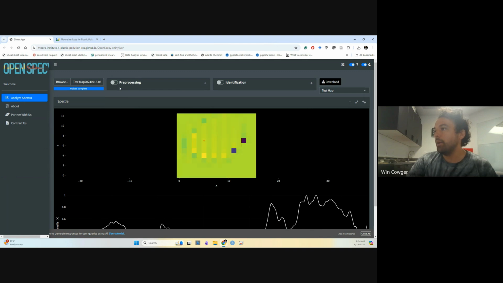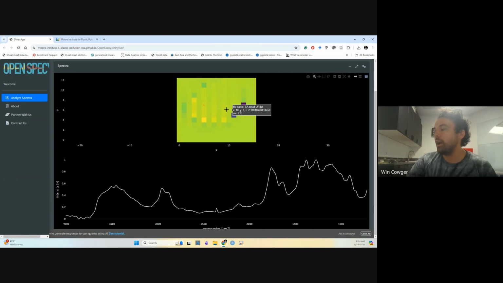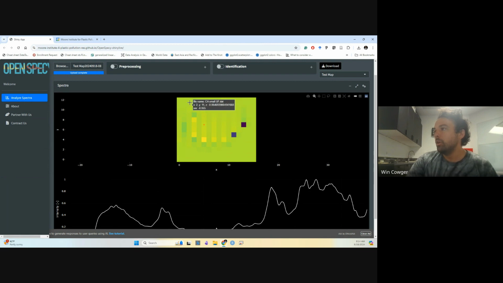All right, let's turn off pre-processing for now. And so we are looking at the hyperspectral image now. So it looks literally like an image. We have different pixels here. We can hover over them. The hover data that we're seeing is basically showing us the signal to noise ratio of the pixels. And so if you have higher signal to noise ratio, it's going to be brighter colors here, lower signal to noise ratio,